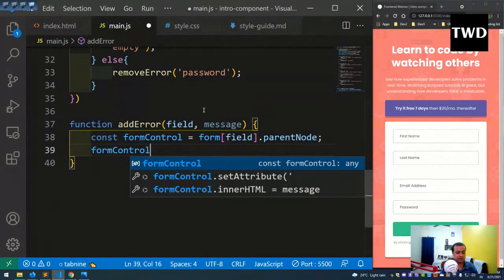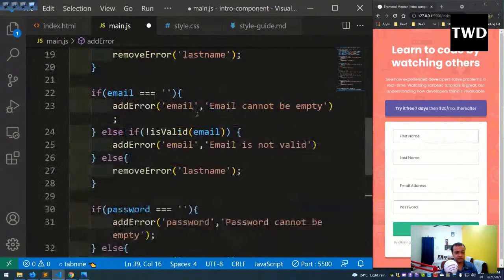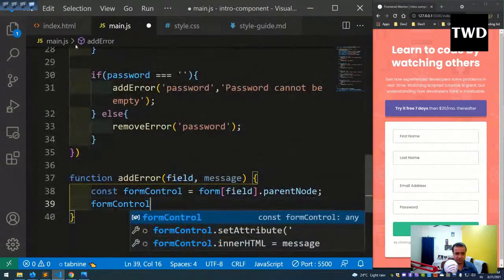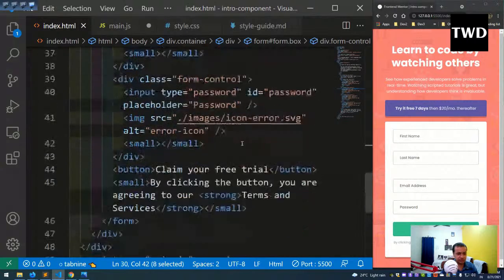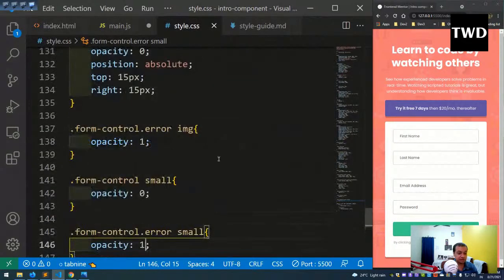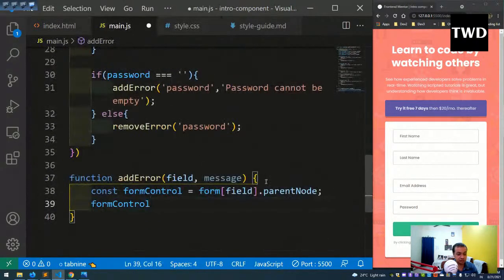See what we are going to do. The field is anything like password and all. So we will get that field, and we'll get its parent node and display it there, because the styles are set like that. The styles are set on the form error image and all those things. So we are going to get the parent field, and in that parent field